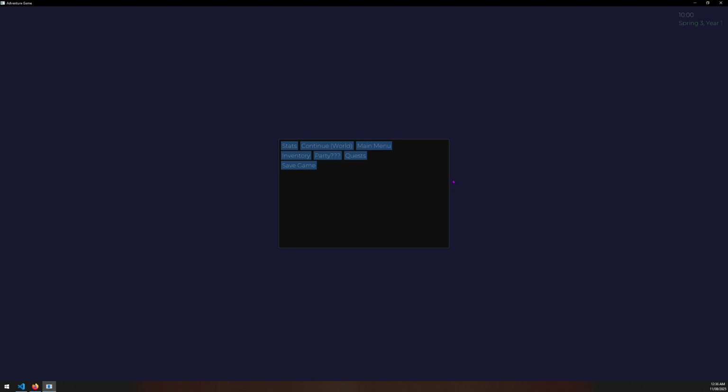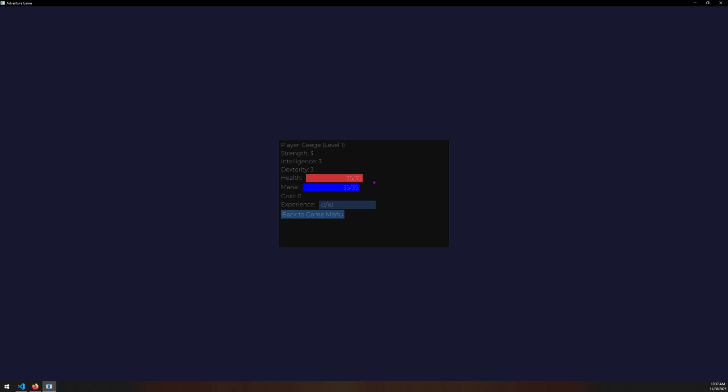Then you start your adventure, and it brings you to an in-game menu. This obviously isn't where you would start to begin with. You'd probably start in-game on a world screen. I have a basic start of the Rimworld-style display, showing what year and what day you're in. I don't really know why I'm starting on Spring 3, but the time is similar. I think it's a little bit faster than Rimworld.